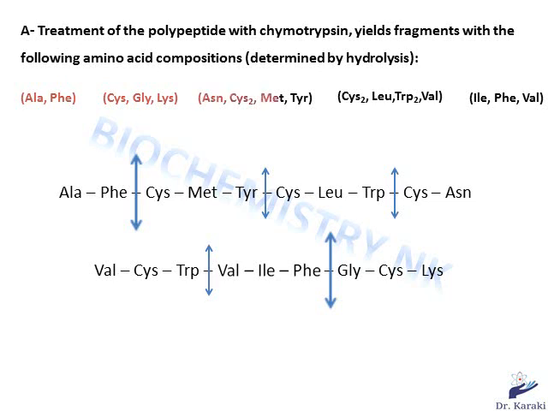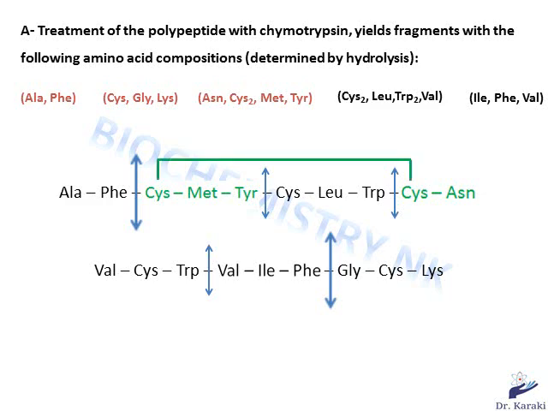The third fragment is asparagine, 2 cysteine, methionine, and tyrosine. Now you see we have two cysteines, so they must be joined by SS bonds. But let's see if the two cysteines exist in the same chain or in two different chains. The fragment contains asparagine and cysteine, and here they are, these two amino acids. Now we must look for the other amino acids in the fragment, the methionine, tyrosine, and cysteine, and here they are in the same polypeptide chain. So what we understand from having them in the same fragment is that the two cysteines are joined by SS